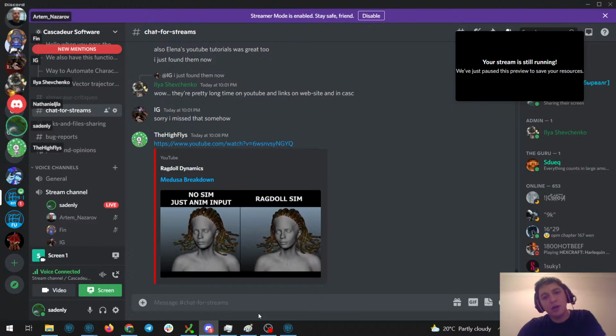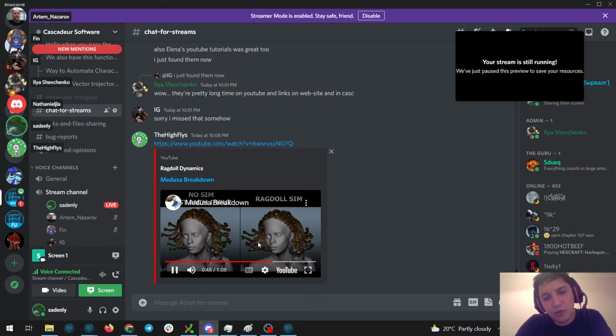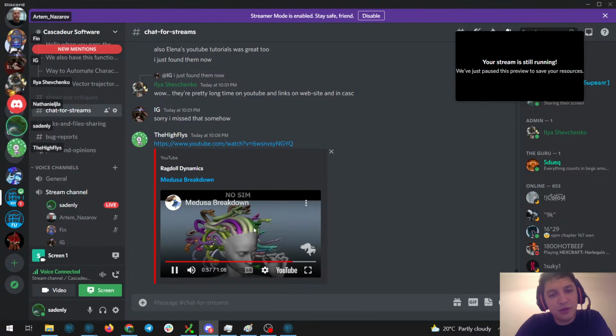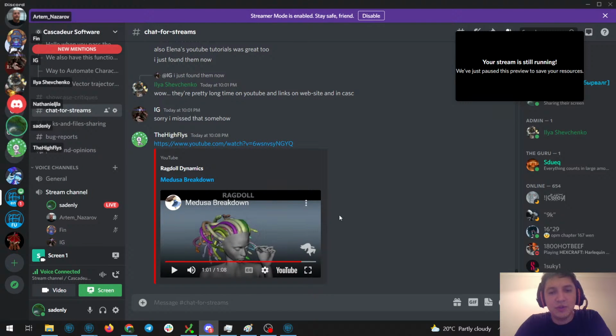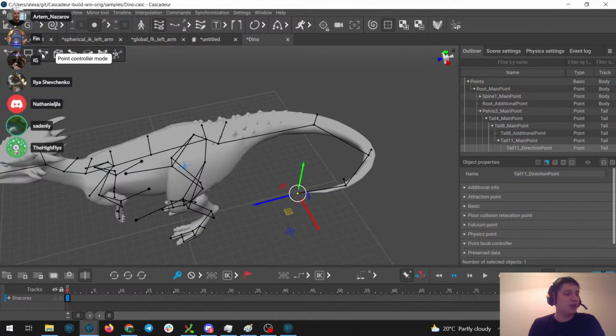Okay, so I think that with secondary animation this would work to some extent, although for such a large number of tails our secondary animation will probably lag a lot. By the way, I don't know how they simulated it. Maybe it was not that fast. Maybe they simulated it and then baked it down onto the animation.